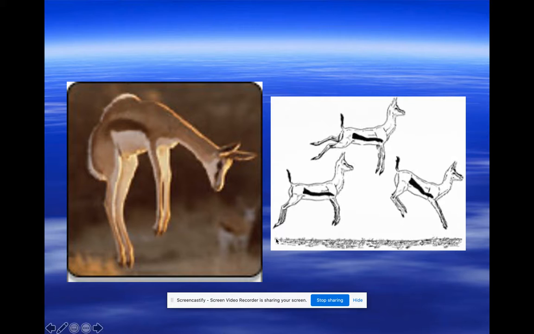This is something called a gazelle. And what these gazelles do is something called stotting. Stotting is when they jump really, really high in the air. You'd be saying, what does that do? Do they jump away from predators? Well, scientists thought that the reason they jumped was to protect the herd, to warn them that there's a predator coming.